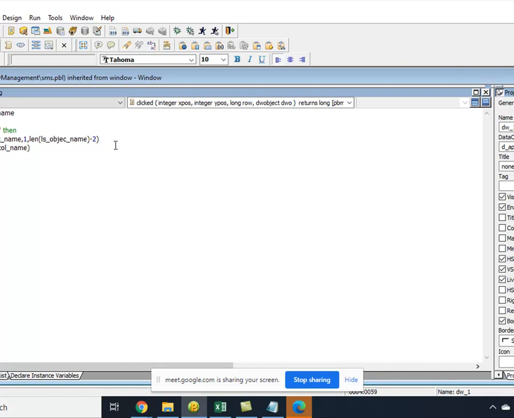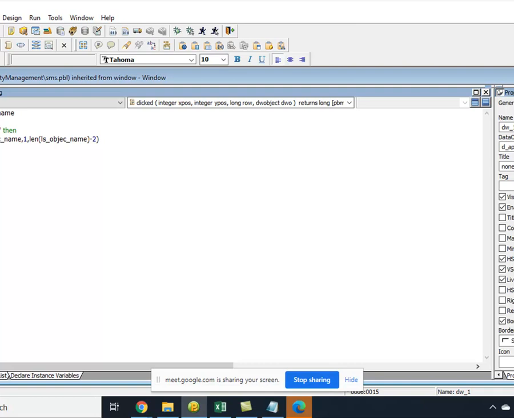Now I got it. Now I will put sort criteria ls underscore sort is equal to this column plus, let's say, d, descending order. Okay, and then there is a function called dw underscore one dot set sort.